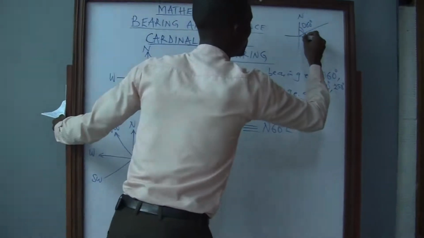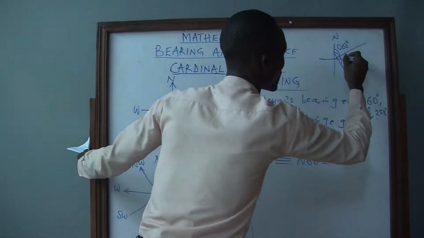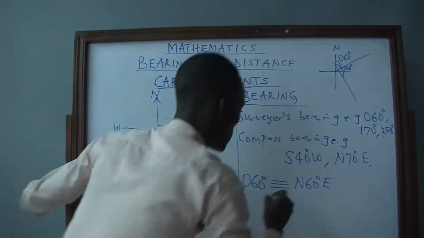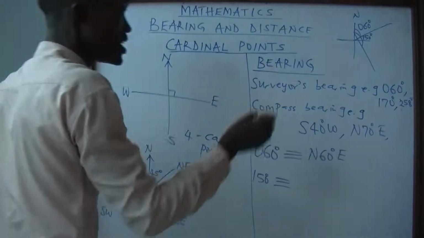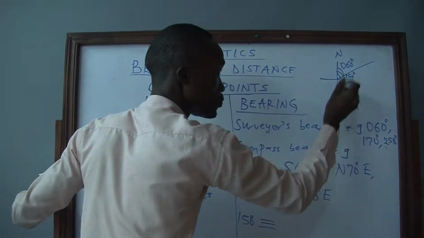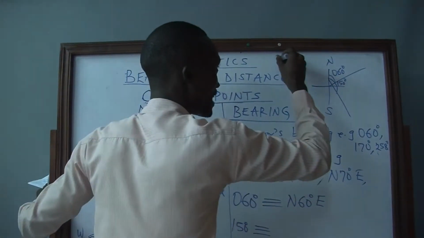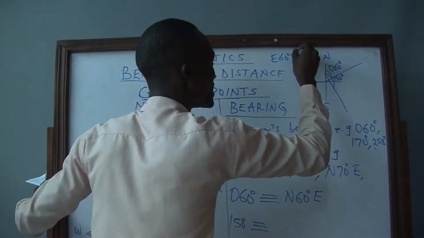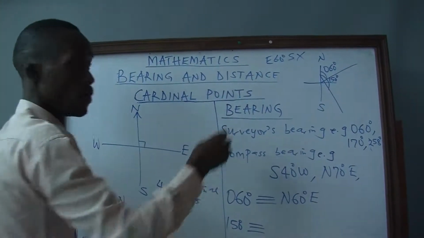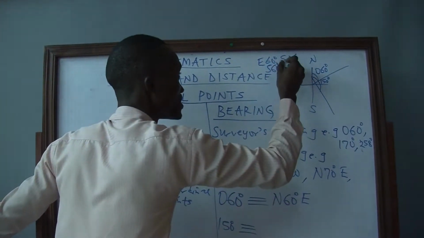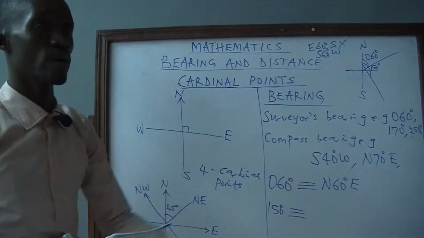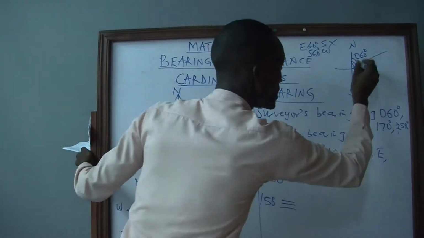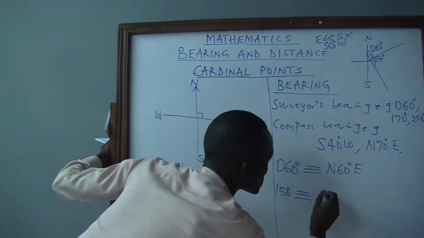Also, another one, if you have this bearing as, for instance, 150 degree, this 150 degree is equivalent to this one. We have to take it from the south pole. There's nothing like east 60 degrees south. It's not possible. But we can have south 60 degree west. So the north or the south comes first before the east or the west. So this 150 degree is equivalent to south